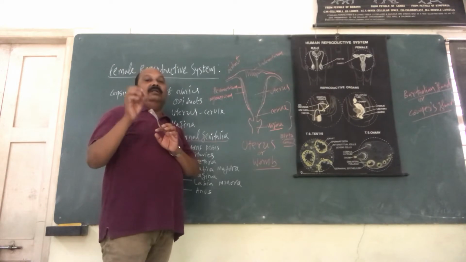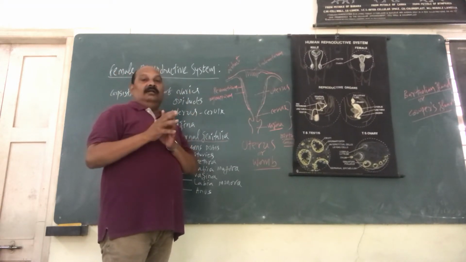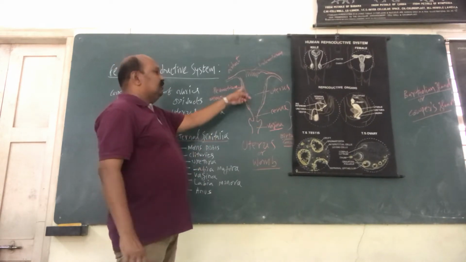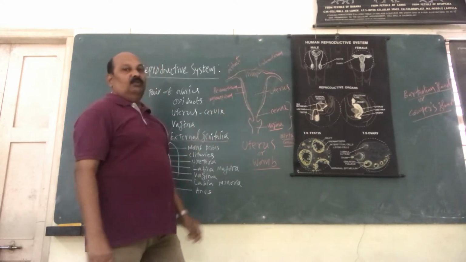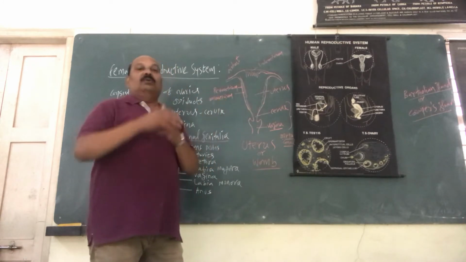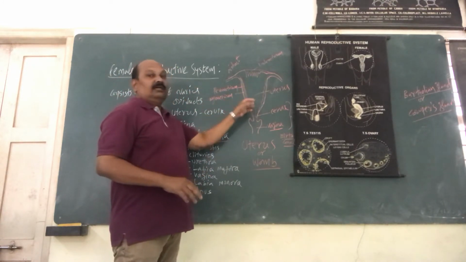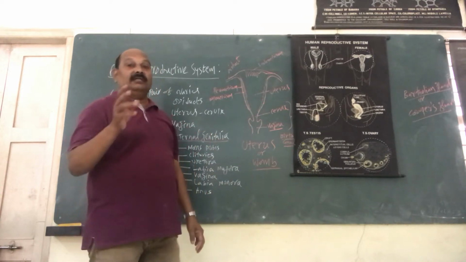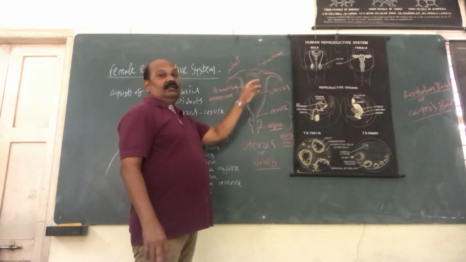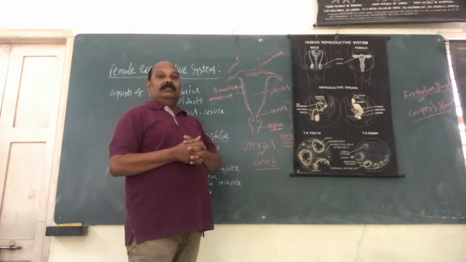It's very important. At the time of childbirth, it is going to contract and eject the fetus from the mother's body to the outside. Now the third most important part is called the endometrium. The innermost wall is made up of special epithelial cells. The complete lining is called the endometrium. It is another very important layer because this area gives the site for attachment of the fertilized zygote.